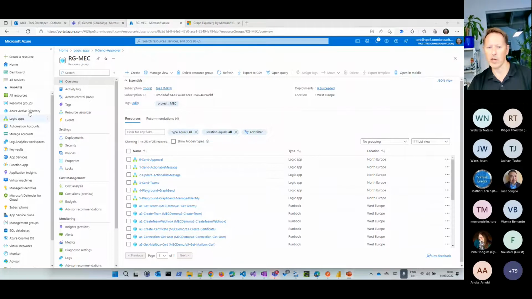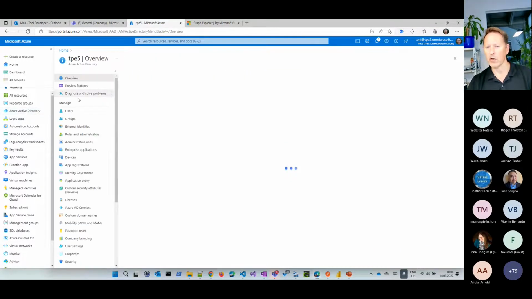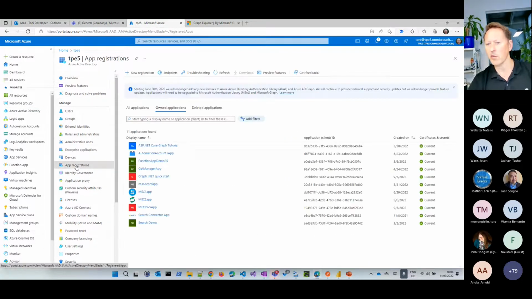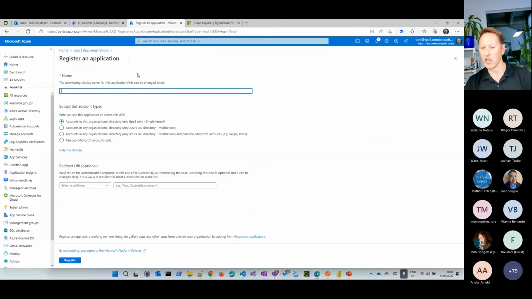I'm logged in here, and I go to Azure Active Directory, and I want to create a new application because I want to use that application to authenticate. Basically, that's a very simple thing. I can see, first of all, my applications, or all applications, and I can create a new registration for an application. So I call this my Mac app, for example. And here I decide, okay, who is able to use this application? Only users or applications in my single tenant, or is it an application that can be used in a multi-tenant environment, or personal accounts and so on.